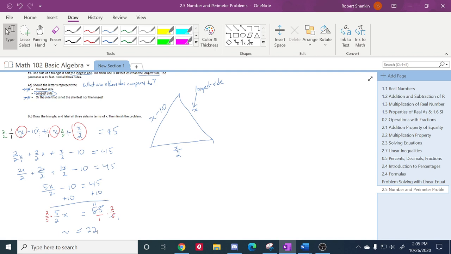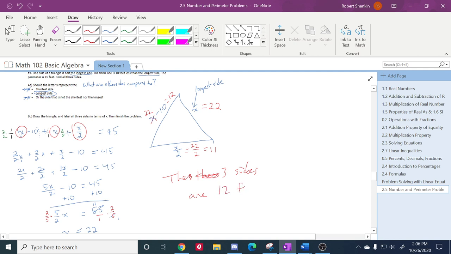Alright, so if x is 22, we're going to come back and say this is 22. This is 22 over 2, which is 11. This is 22 minus 10, which is 12. So then the 3 sides are, we'll give a worded answer to a word problem. The 3 sides are, and these were all in feet,